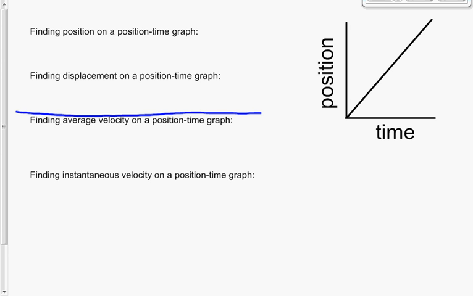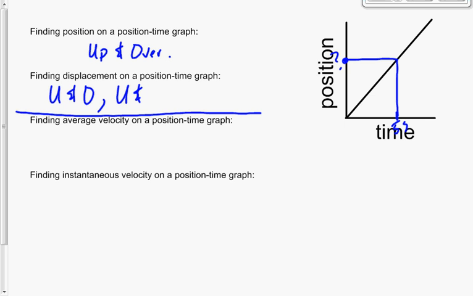You want to find a position on the graph? All you're going to do is go up and over. I want to find the position at 5 seconds. Let's go up at 5 seconds, let's go over, and let's read the value of that position. The position at 5 seconds is simply up and over. The position at 2 seconds is up and over. The position at 10 seconds is up and over. The displacement is up and over